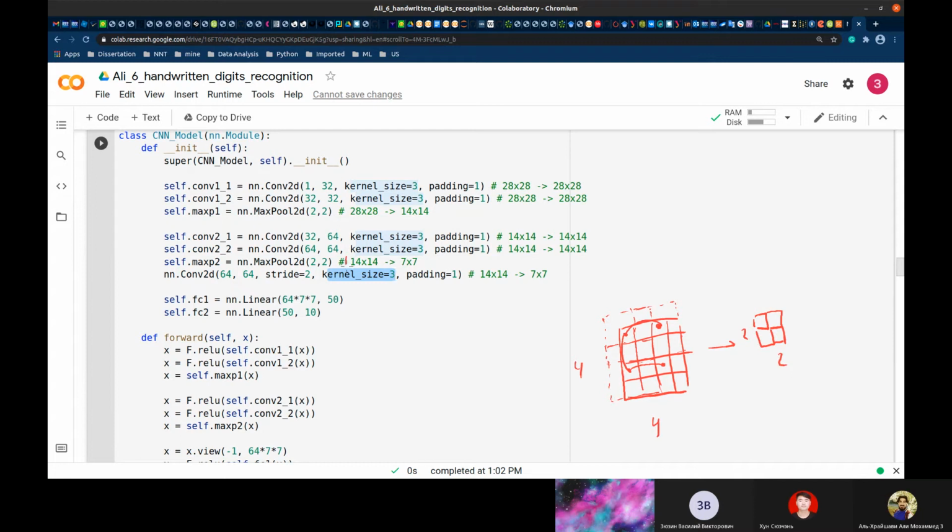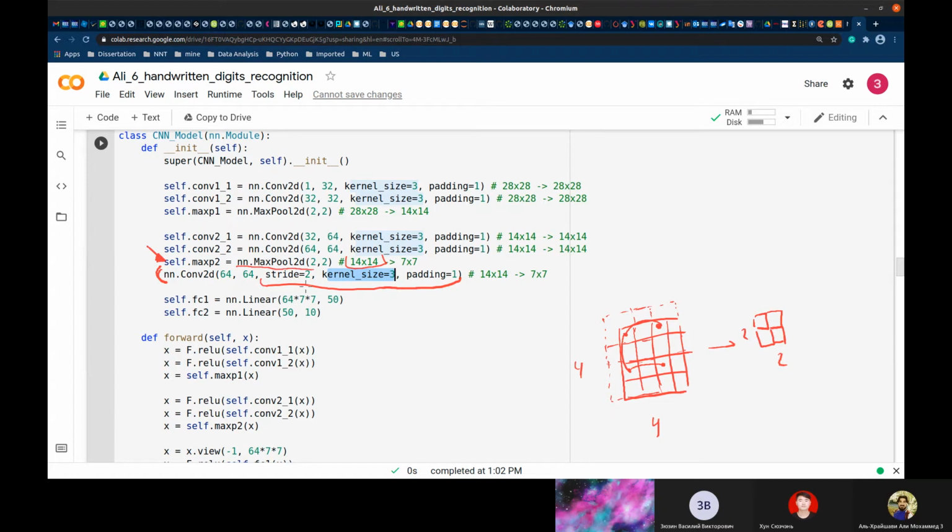and it is the same as you can get less feature maps in 2 times. Means 14 on 14 will be 7 on 7 if you use, for example, such a way. Yeah. So it is another way. Sometimes I implement this one instead of max pooling. I don't like max pooling, but